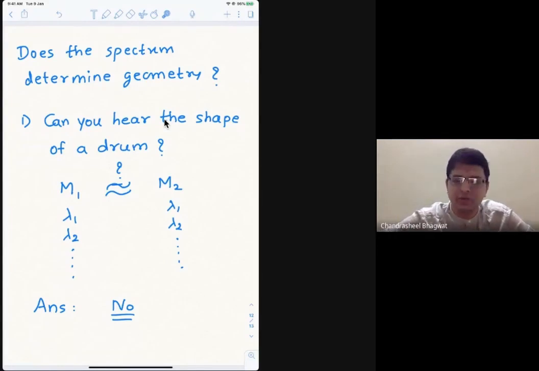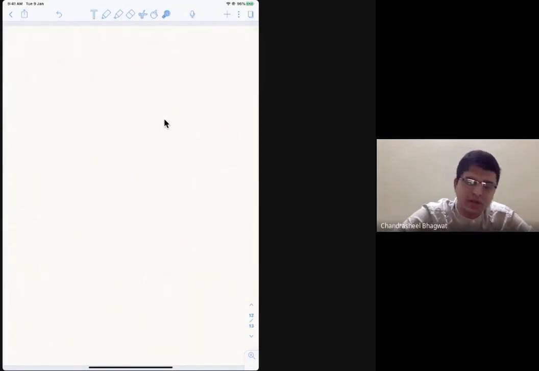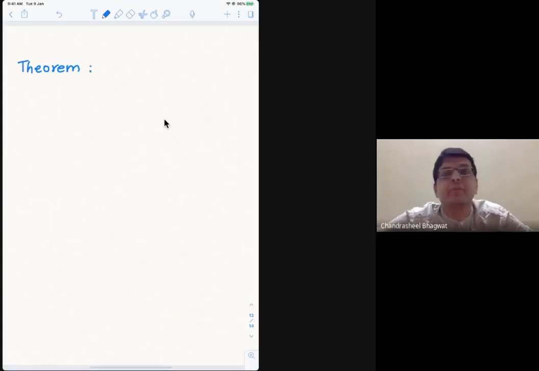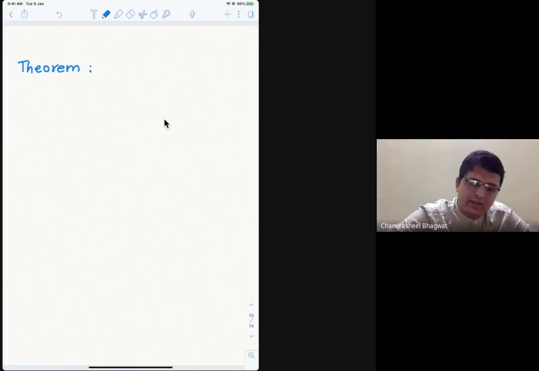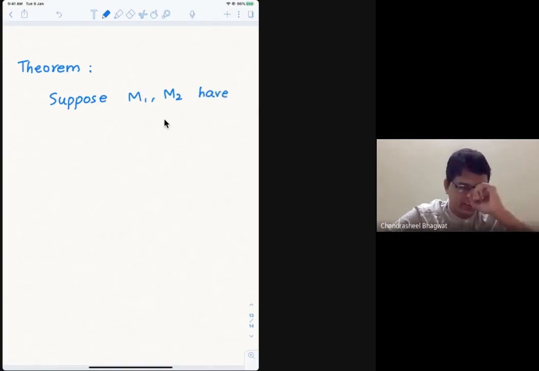Another glimpse which I'm going to give you now, instead of going into all the interesting questions here, is some of my work. I'll state a theorem, and then say a few things about some open questions in this direction. This is a theorem which came as a part of my thesis, jointly worked with my advisor. The theorem says this. Now I ask a different question. Suppose M1, M2; I'll state this as a theorem, not as a question.